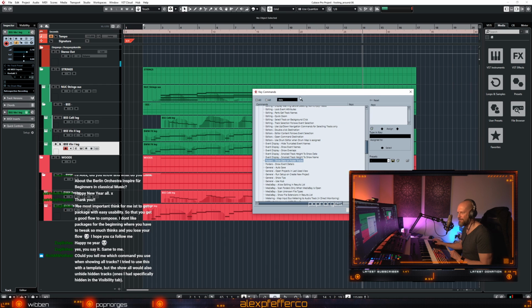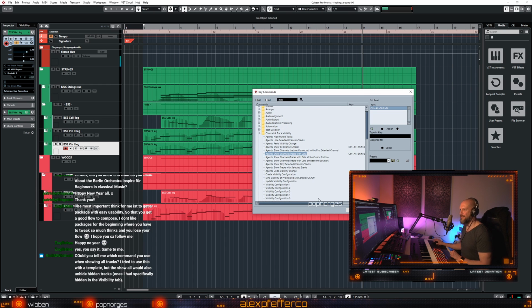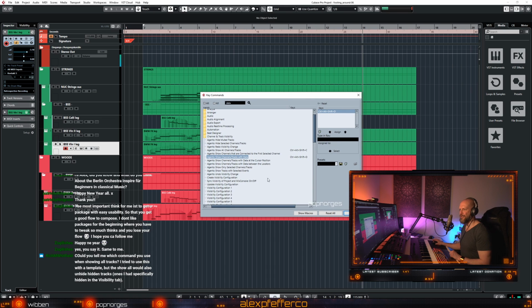Can I just, yep. So I can see. So if this is what you're talking about, I'm just putting my own key command here, Control Alt Shift and D. I hardly use the ones provided by the DAW. I always use the ones I feel most comfortable with. I also put